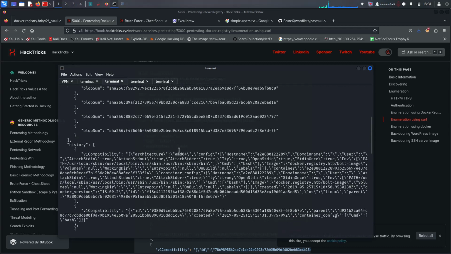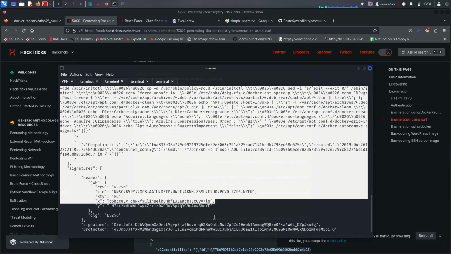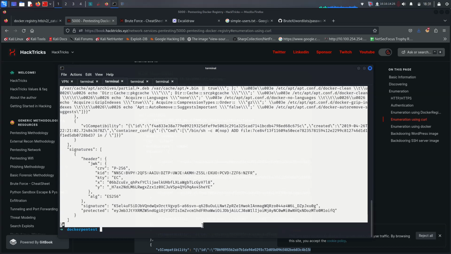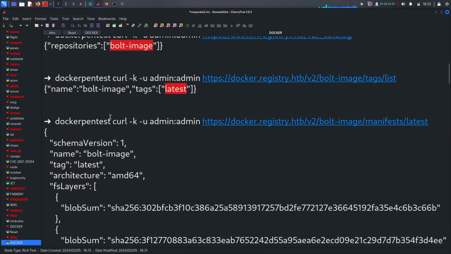Great, so we are able to enumerate the Docker registry here, and we got too much information from the Docker registry like that. That's what we're talking about here. That is really cool, and we can try to enumerate it with curl dash k and latest here. This is maybe the most important command of this video,